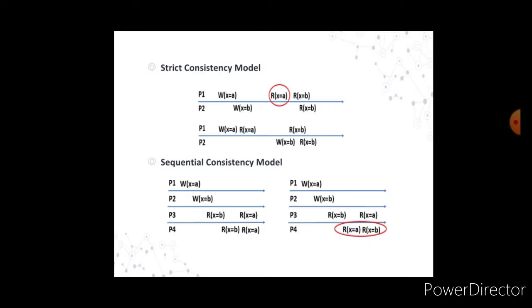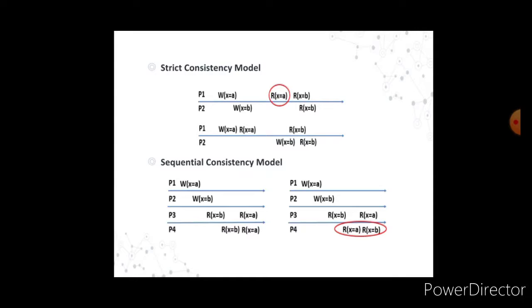First, let us see the strict consistency model. In this model, the value returned by a read operation on a memory address is always the same as the most recent write operation to that address. All writes instantaneously become visible to all processes. Implementing this model for a DSM system is practically impossible, because absolute synchronization of the clocks of all the nodes of a distributed system is not possible. P1, P2, these are all nodes.